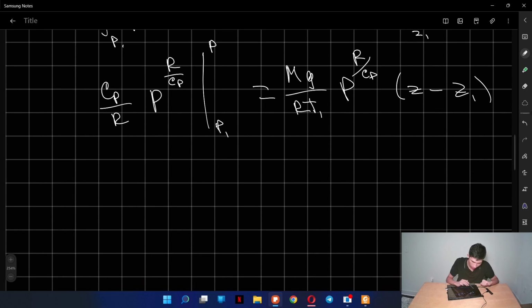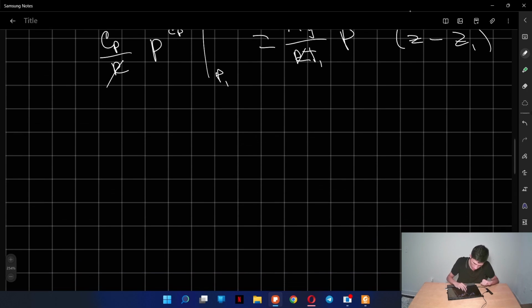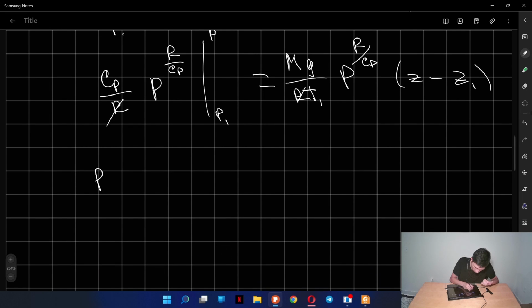And I'm gonna divide everything by Cp over R. Okay, so these R's are gonna cancel, and what I'm gonna have for the left hand side is P to the power R over Cp minus P initial to the power R over Cp, and for this side I'm gonna have,